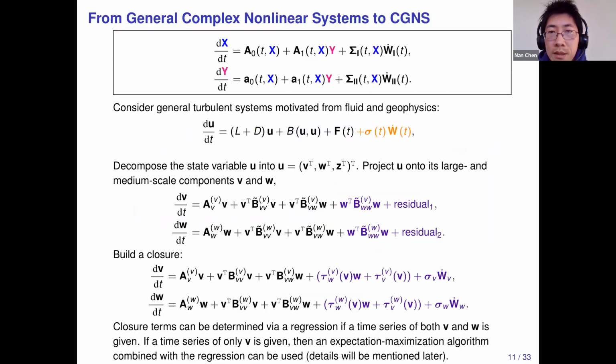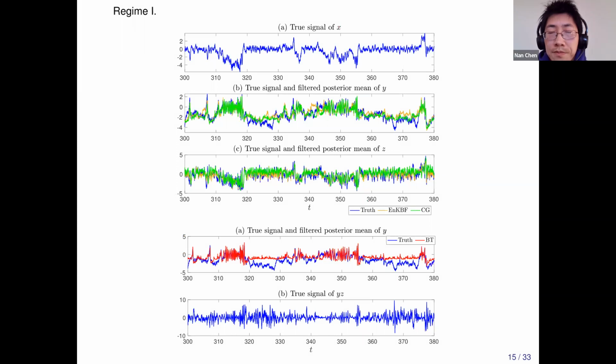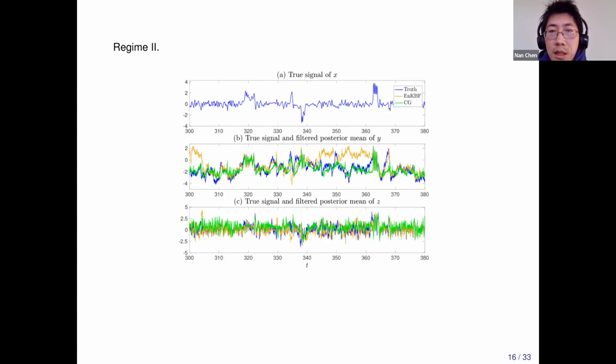And that's why in this simple example, you can see in this case, the observation noise is very small. So in the situation that your ensembles will collapse, like some of the ensembles will go towards the same value, and maybe some of the ensembles will diverge. And that's why, when you use this ensemble-based method, this brown curve, you have some weird behavior.